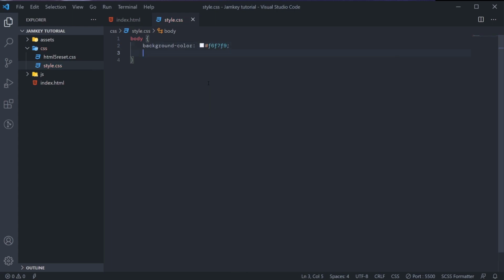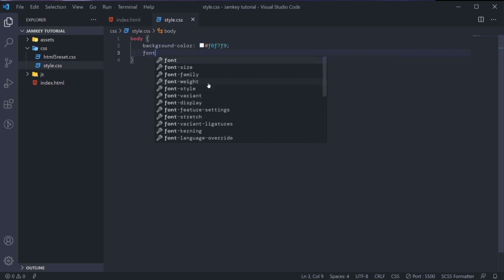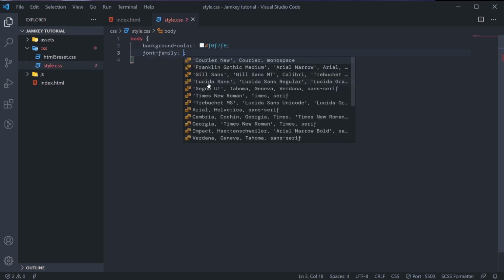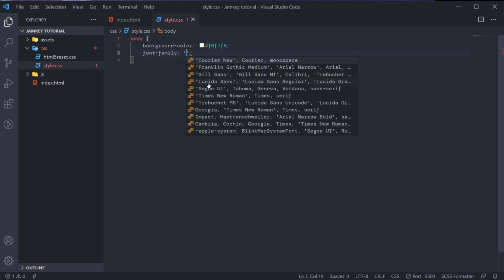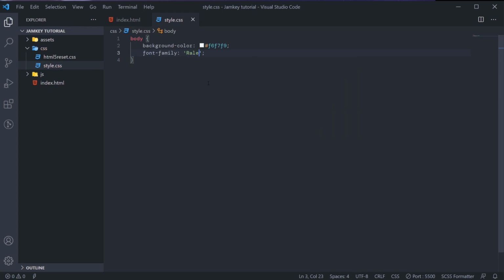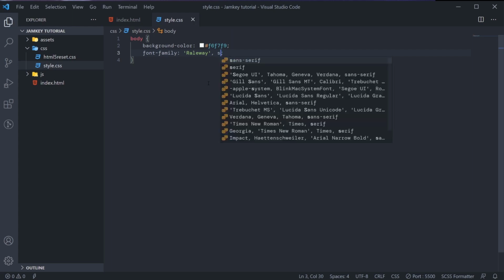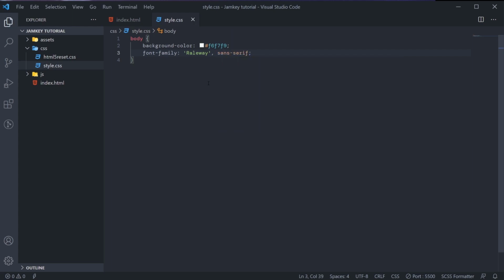Then I'll just set general font family. So like more use Raleway, then sans serif.